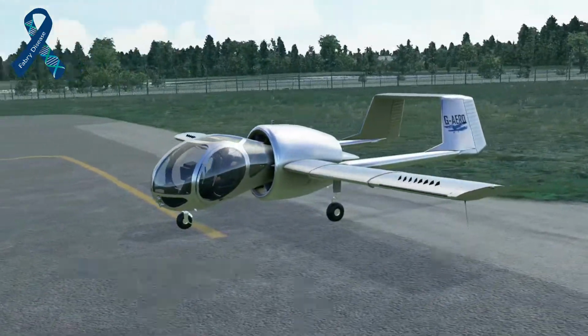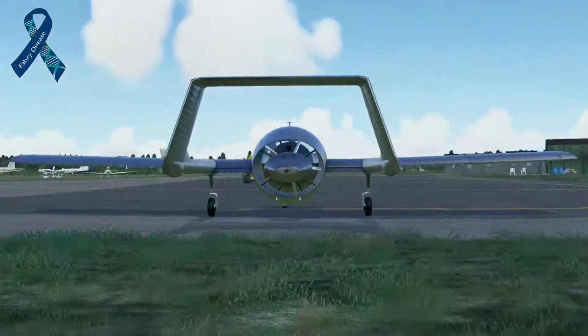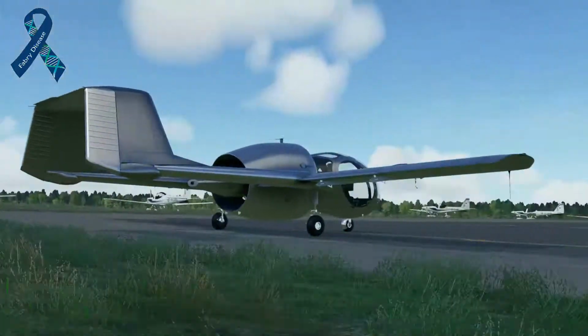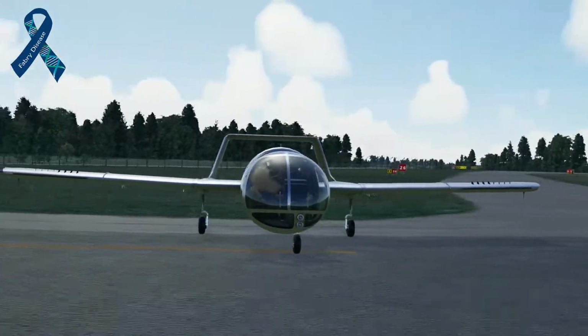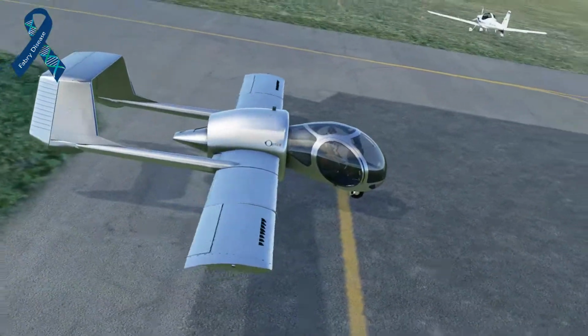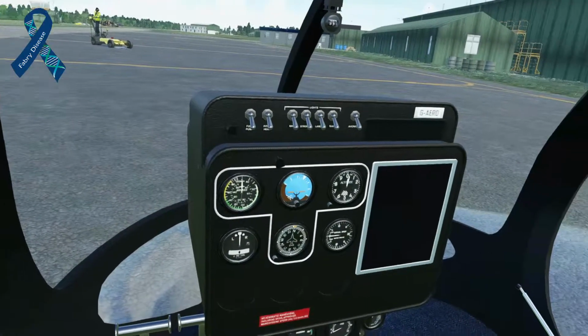But yeah, nicely modelled. And I believe it's native to FlightSim 2020 and not been ported over from FSX. As you can see, it's quite detailed. I'll jump inside, and